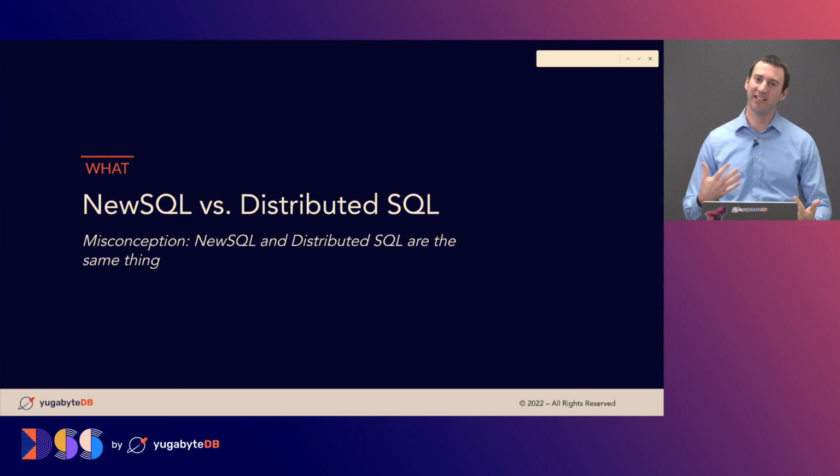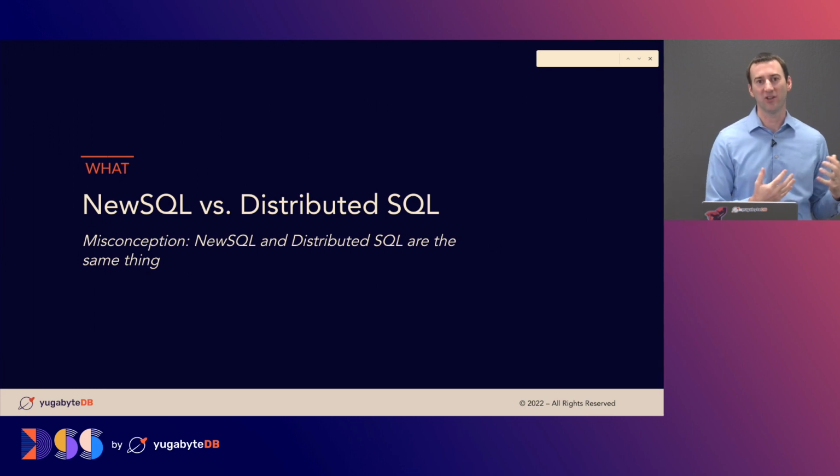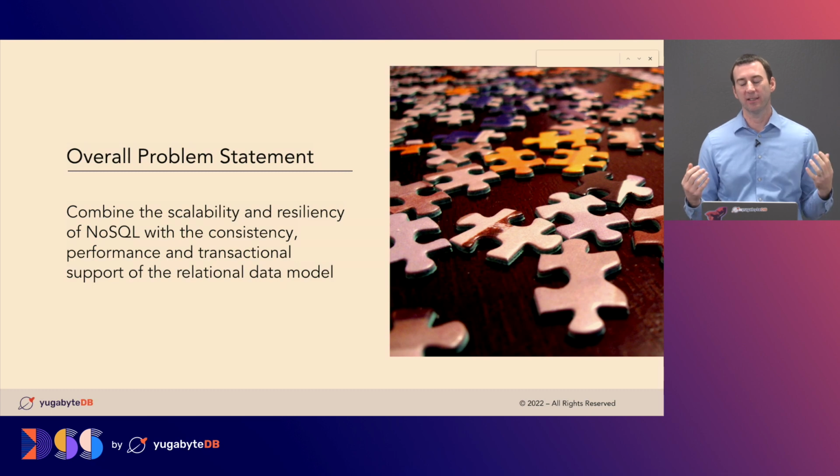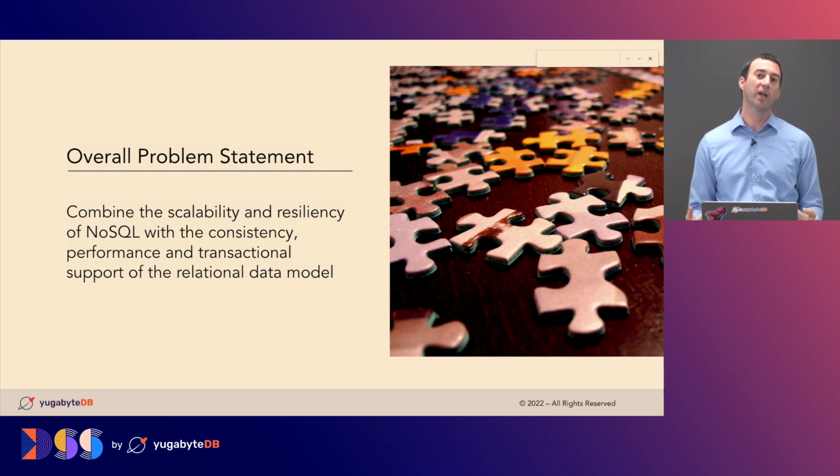And this is where you start to dig into all these different terms that are out there. We've got NewSQL, you run into distributed SQL. Many people still use these interchangeably. And I'm not going to get into a semantics discussion. You can call it whatever you want. But I do want to peel back the fact that as a lot of us talk about these technologies, especially from Yugabyte, as we talk about distributed SQL, as we're here at DSS, we do think of certain characteristics that are very unique to distributed SQL that are fundamentally different than what's happened with some of the past things that we're doing.